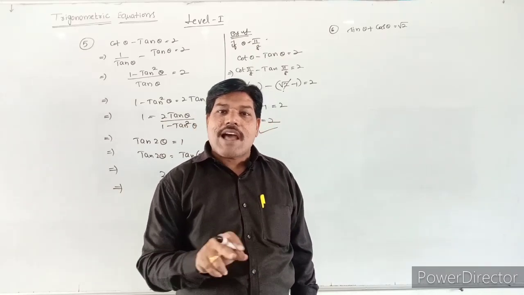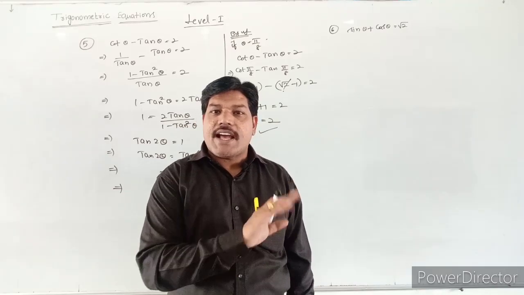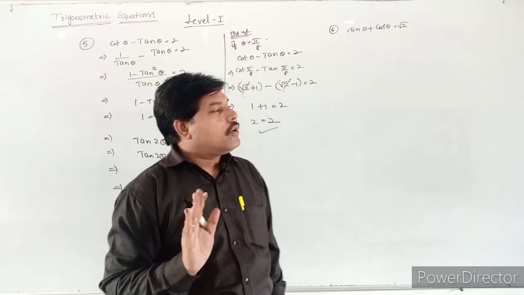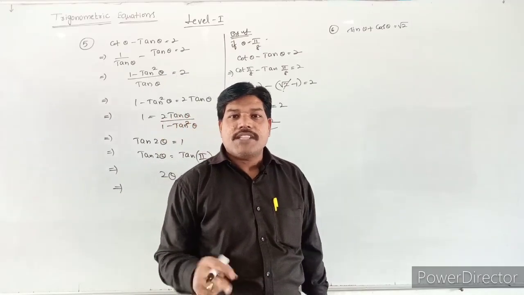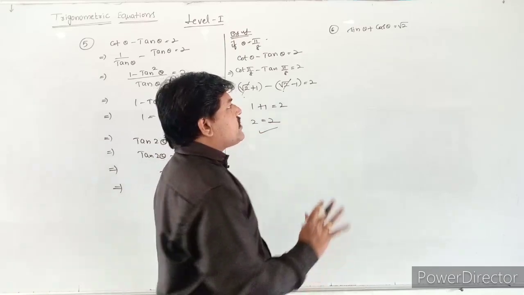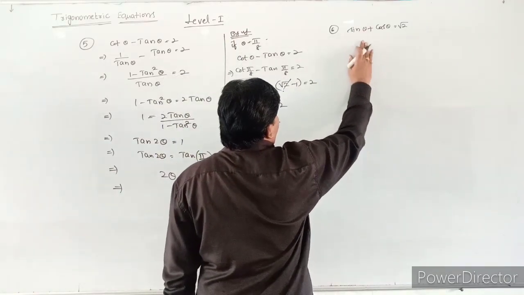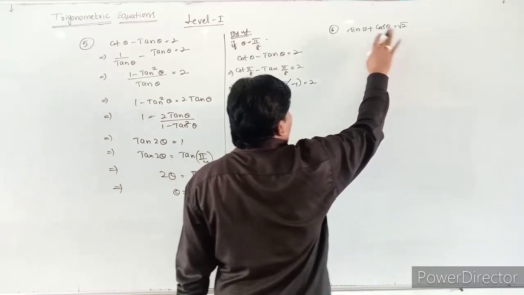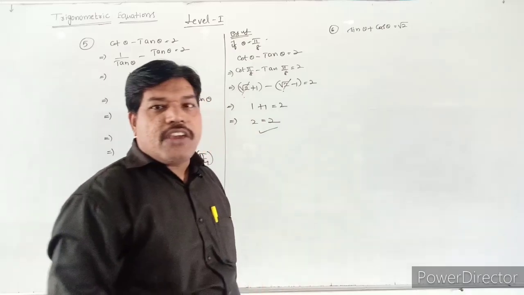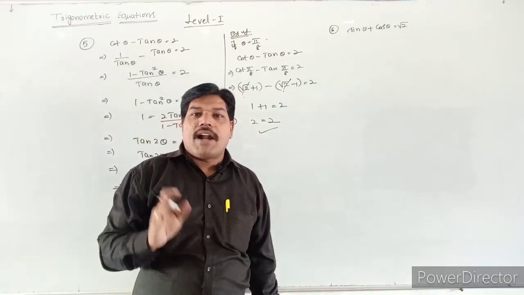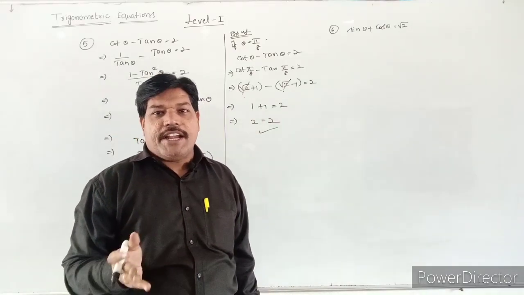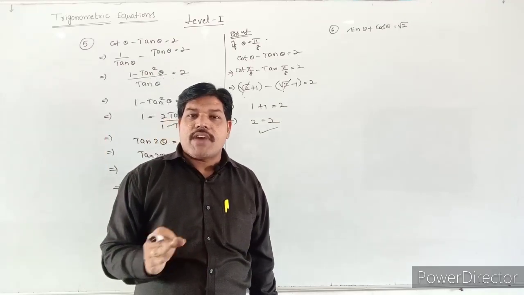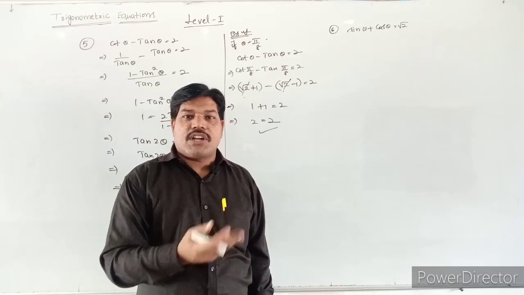So mod c is less than or equal to root of a square plus b square, then it has a solution. That means the given equation has a solution. Okay. So here what they are asking is the theta plus pi by 4 value. For this type of question, where a cos theta plus b sin theta is equal to c, if you want to get the solution of the equation, you have to divide by root of a square plus b square on the LHS and RHS also.